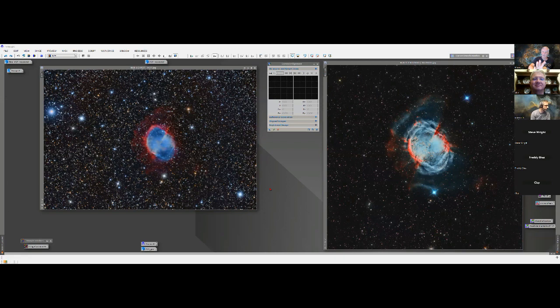If you look, you see the M27 here on the screen, everybody. The one on the right hand side is what I posted on the Slack channel a week or two or three ago. This is the first cut of it, an HOO of M27. And I said, well, it would be slick if I had taken some RGB stars, and I didn't. But it would really be slick if I could use some of my old data. So has anybody tried the dynamic alignment process?